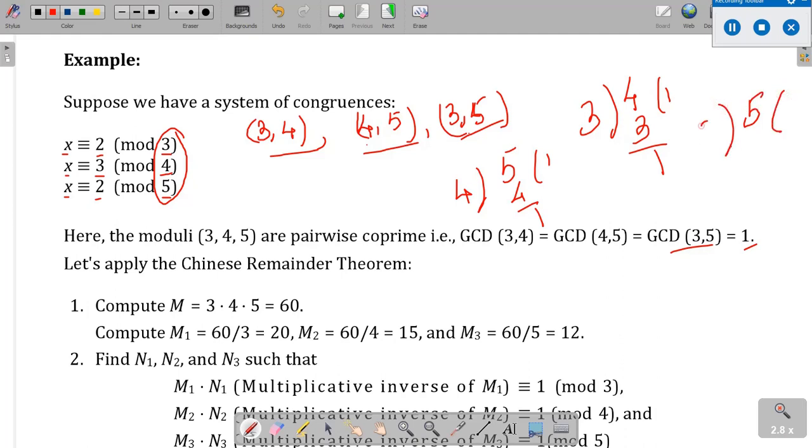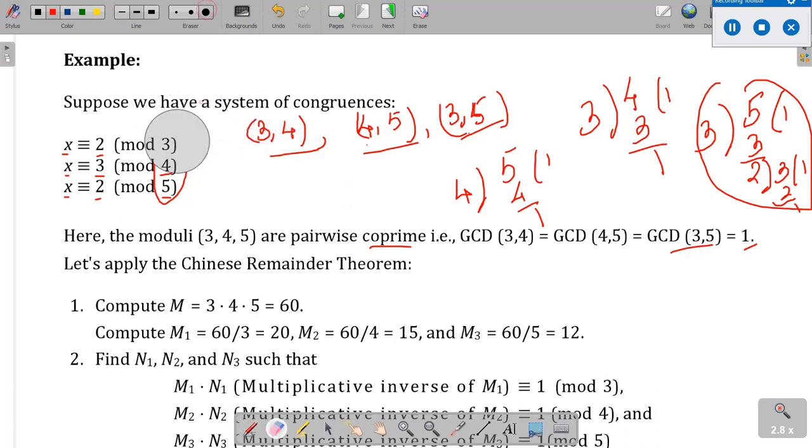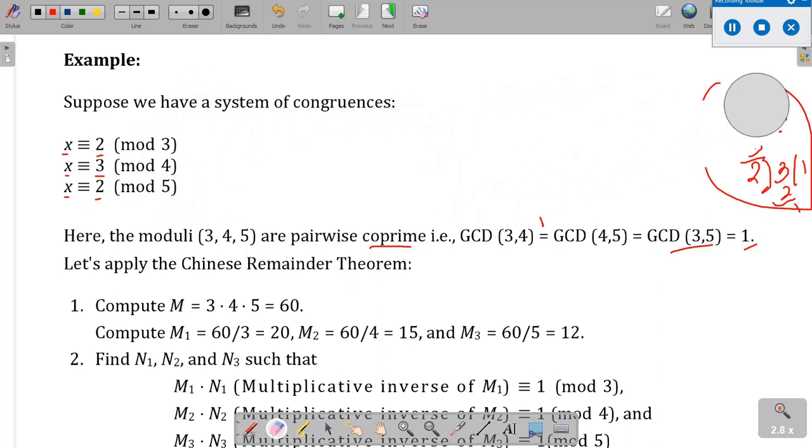जैसा जीसीडी का तरीका होता है, 3 से हम डिवाइड करते हैं 1 times 3, there is a 2, और इस 2 को यदि हम 3 से फिर डिवाइड कर दें तो 1 टाइम 2, ये मेरा जीसीडी फाइंड आउट करने का तरीका है, रिमाइंडर 1 होगा। तो इस तरह से हम देख रहे हैं कि हमारे जितने भी पेयर्स हैं वे आपके को प्राइम्स हैं। तो यदि ये को प्राइम्स हैं then we can apply the Chinese remainder theorem. ये सारे को प्राइम्स हैं इसलिए हम इस पर चाइनीज रिमाइंडर थ्योरम को अप्लाई कर सकते हैं।